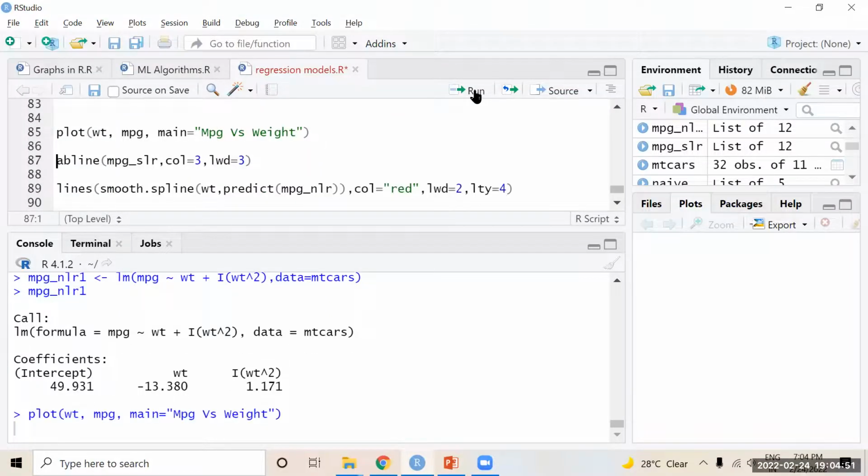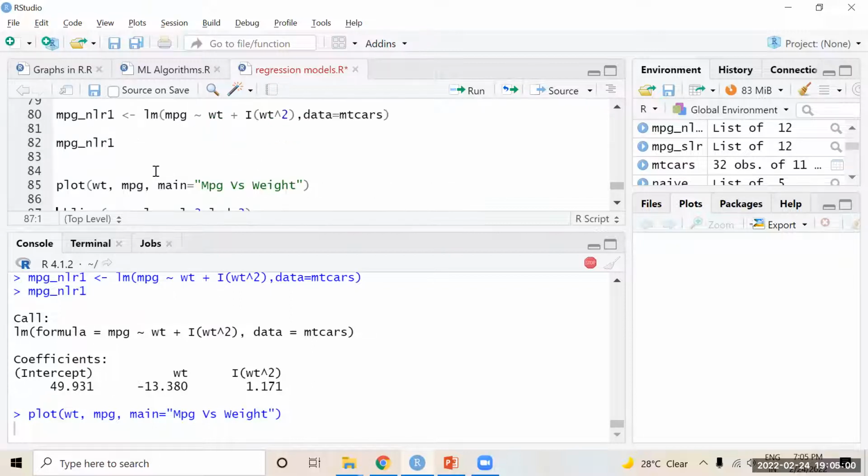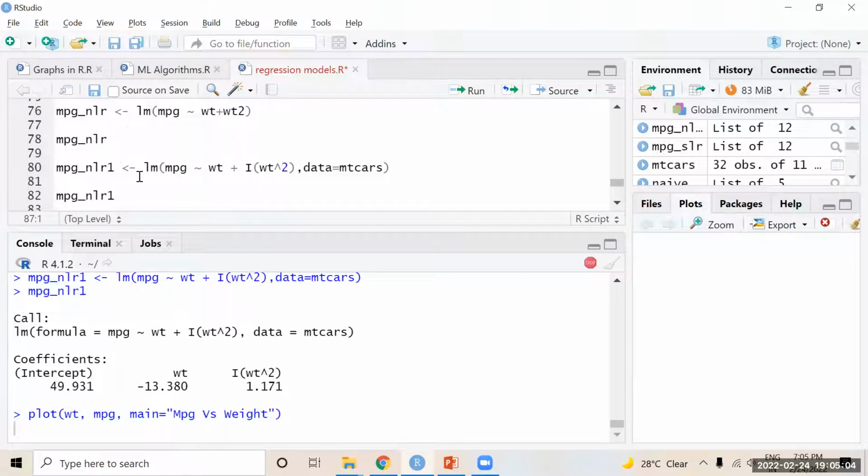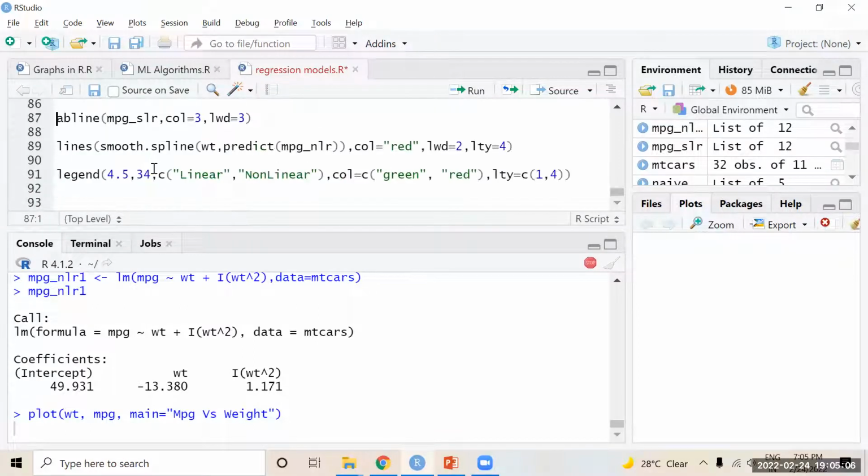So run it. I want to give a line using the abline function for the MPG SLR. What is MPG SLR? That is the simple linear regression model variable.